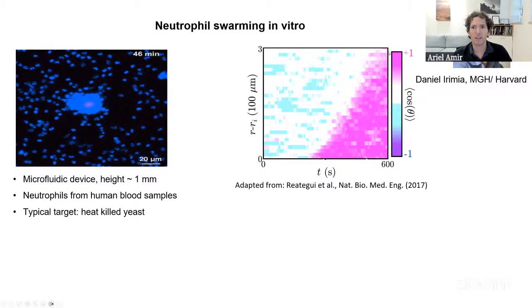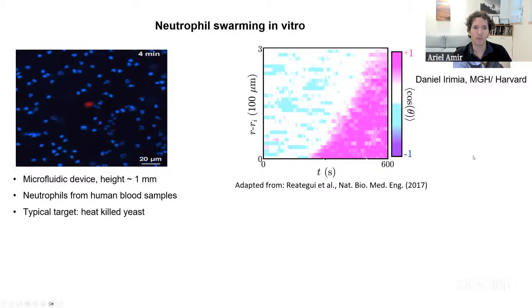Well, if we get a +1 corresponding to this purple color, it means cells are moving radially in. So in this space and time heat map, this line separating the purple from the white is really the information front. Cells inside this radius know where to go and are moving towards the target, while cells outside are moving